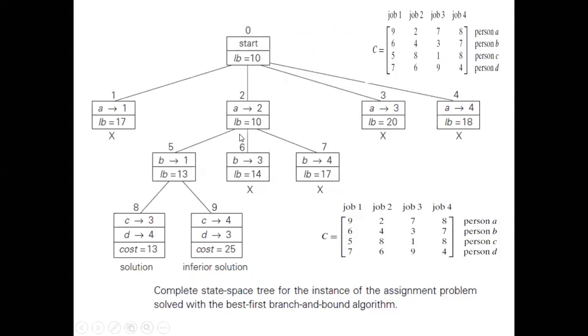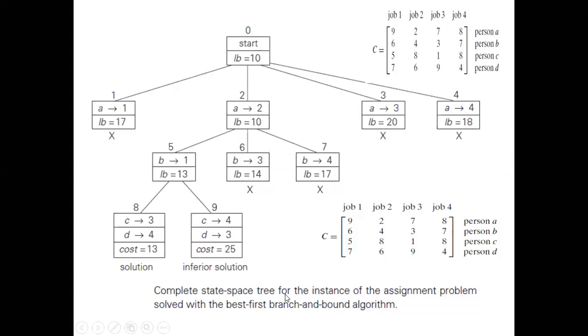So bound, that is what I was telling you, the 2 additional points which you need to maintain: bound to the one which gives the best solution. So the best solution over here is what? Out of 17, 10, 20 and 18, the best solution is 10 because 10 is the minimum value. So branch over that. This is fine? Okay, so branch over this.